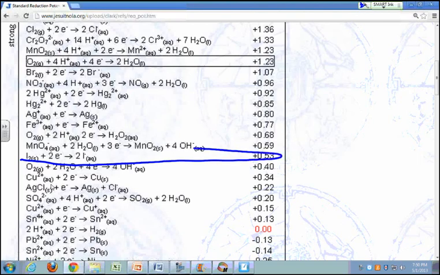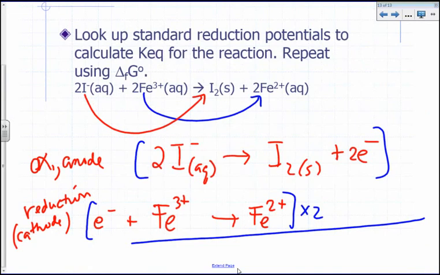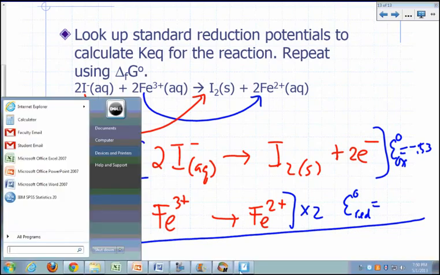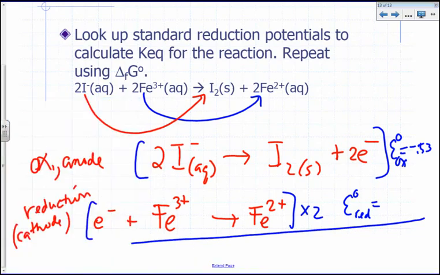I2 solid gives you 2 iodide. That reduction of I2 solid to 2 iodide is plus 0.53, so the standard reduction potential for that is plus 0.53. So the standard oxidation potential would be negative 0.53 for this one, since it's reversed. And the standard reduction potential for this one, since this is the one that undergoes reduction, iron +3 to iron +2,